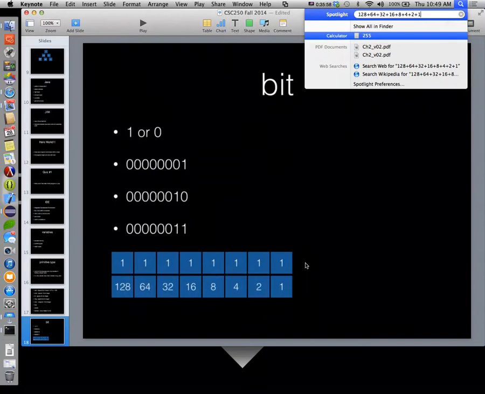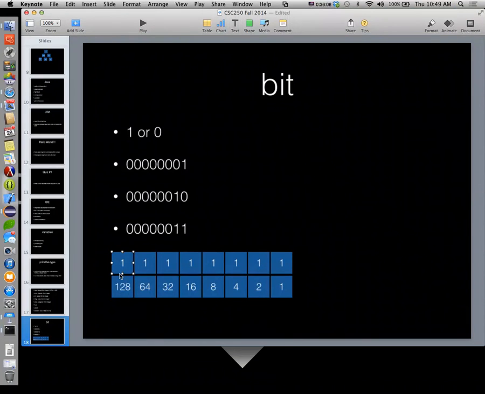But for a signed number, we need to be able to hold positive and negative numbers. So we need to actually use one of those bits to keep track of whether it's positive or negative. This last bit no longer becomes part of the number. Now it's part of the sign. So that means we really only have 7 bits for representing the actual value.